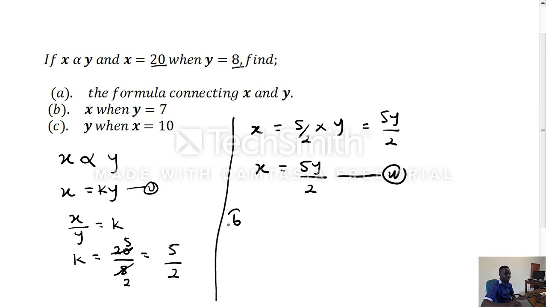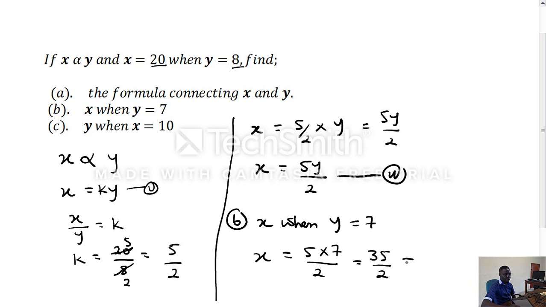B says we should find x when y is 7. So using the relationship, we are going to substitute y for 7 and get our value of x. So we say x when y is equal to 7, we say is equal to x is equal to 5 times 7 divided by 2, and this will be equal to 5 times 7 is 35 divided by 2,